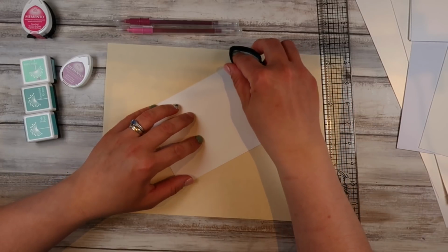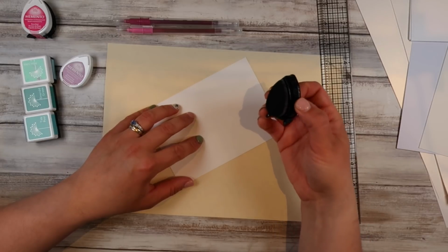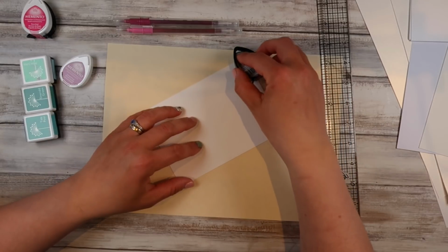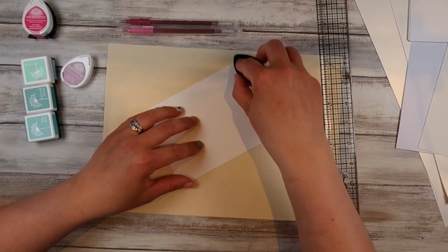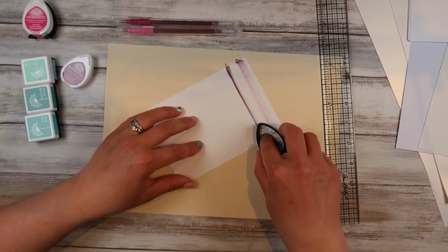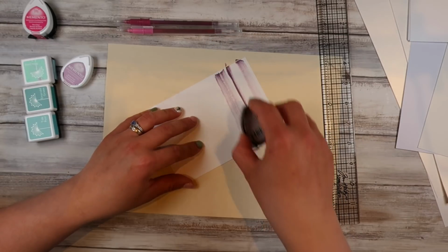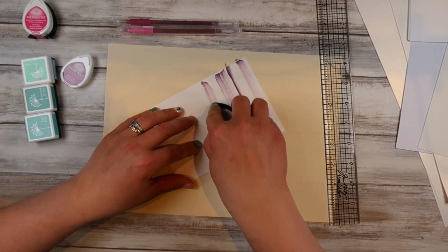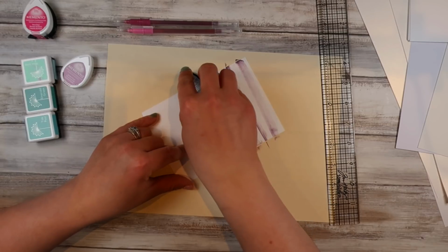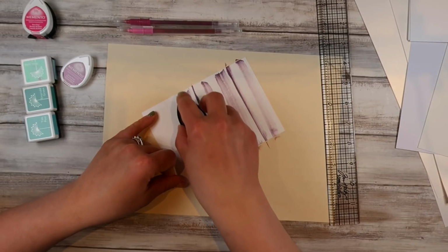So I'm just going to drag my ink pad. I'm going to kind of start off the edge and drag across. If you don't start off the edge, don't worry, because we're going to trim it down to be something different sized. So I'm just going to drag, and I keep forgetting because the slower you go, the better. And I'm just going to kind of rotate between the sides. So I'm going the tip, down, I'm going on the side, I'm going from the bottom,